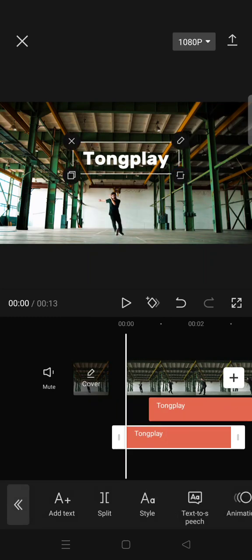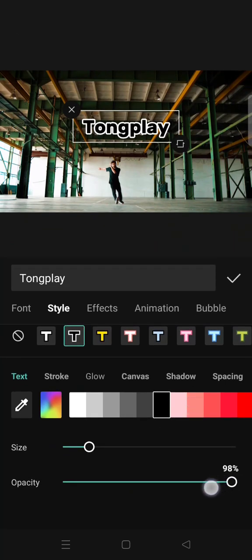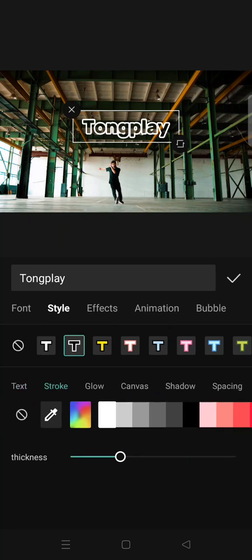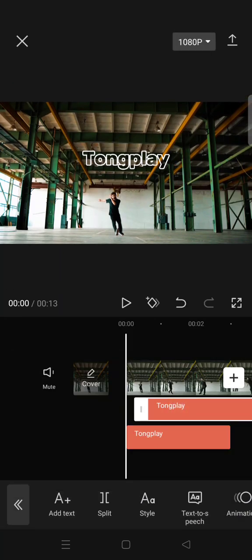Now click on a second text and change the style to how you like it. Go to style, and here I'm going to just select the styles and lower the opacity to 0, and then click on stroke, select the white color and adjust the thickness. I'm going to go with 20, and now click on the check icon, click on the first text, go to style,